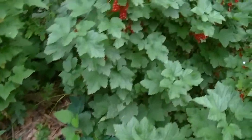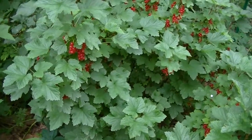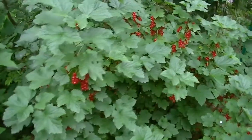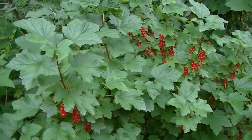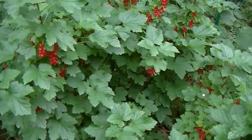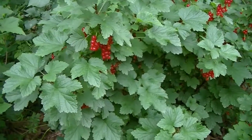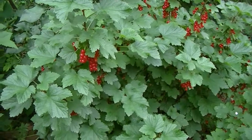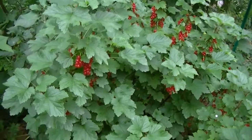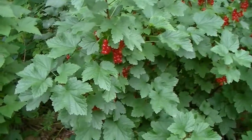So we are pretty much in front of red currant here. And we have red currant. Let's talk about red currant first. So you can see that the bush has quite a bit of red. So those are ripe. When they are not ripe, they will be green. And I have shown in a previous video when they were growing, but now they are ripe and we need to harvest them. They tend to be sour,